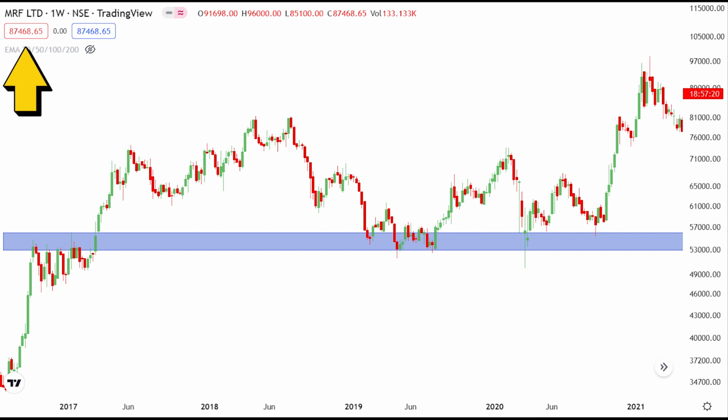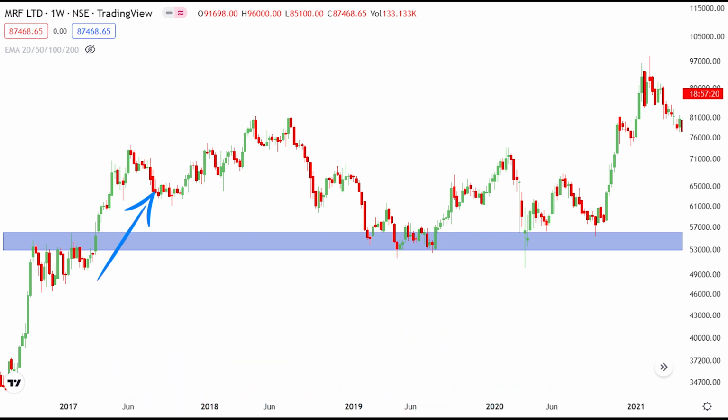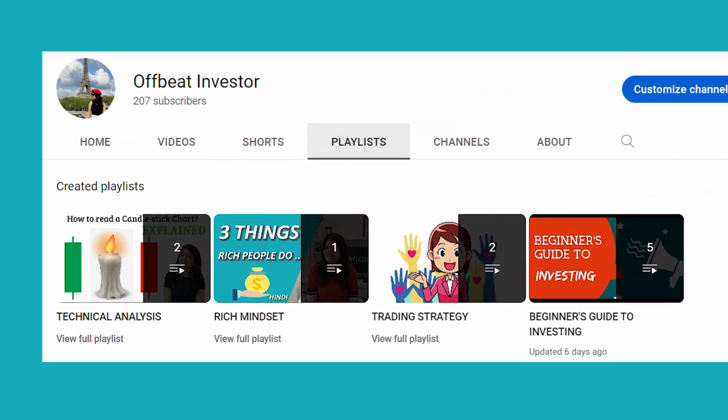Let's take an example of the MRF Limited chart to understand the concept of support and resistance. In this chart, you can see the price comes up, breaking this resistance, and when it pulled back, the previous resistance area becomes the support area. So when the price is pulled back in these areas, it will take support in the previous support or resistance area. I will show you how to enter and exit the market at the end of my technical analysis section,